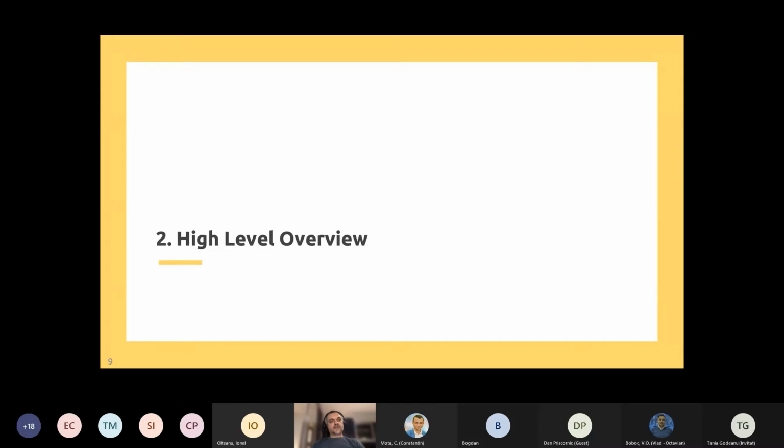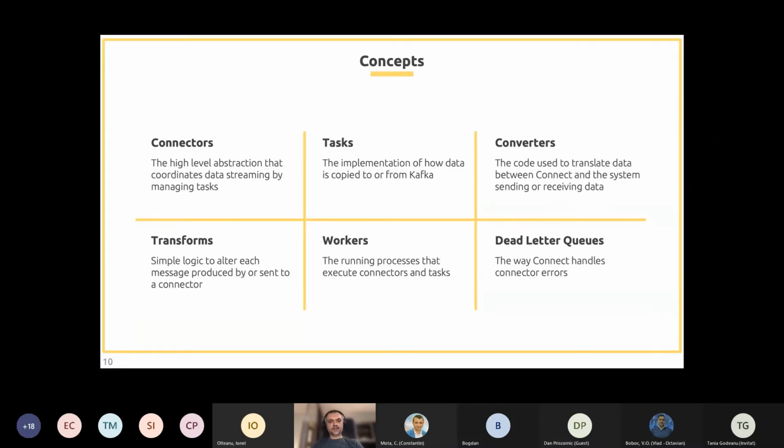Let's continue with a high-level overview and go through a few concepts and terminology used by Kafka Connect. So we have connectors, which are a high-level abstraction that coordinates data streaming. And these connectors are managing tasks, which implement the way data is copied from Kafka or to Kafka.